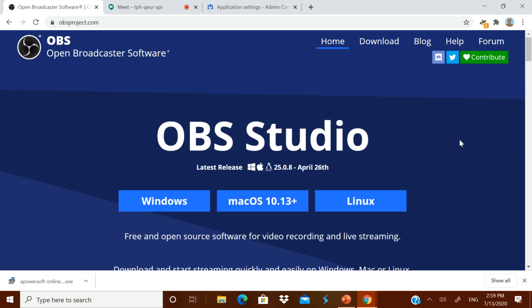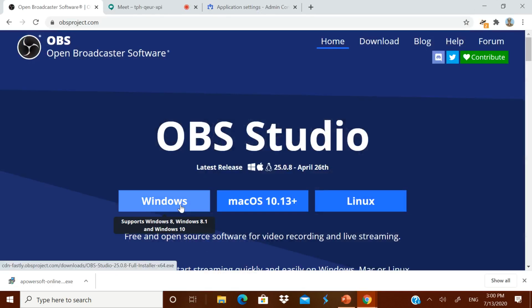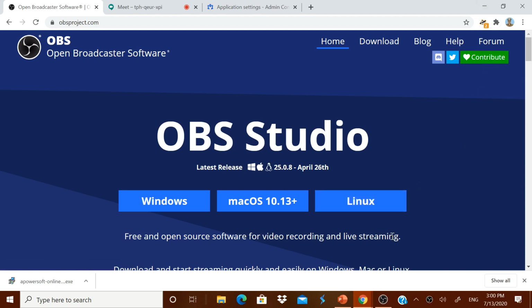Now simply press Windows and open it. Let me open this OBS Studio. It is on my desktop. This is the icon for OBS Studio. When you download it, an executable file will get downloaded, and it supports Windows 7, Windows 8 and Windows 10. It supports Mac also, and Linux also. Whether your computer is 32-bit or 64-bit, accordingly you select the executable file and run OBS. Now my OBS has started.